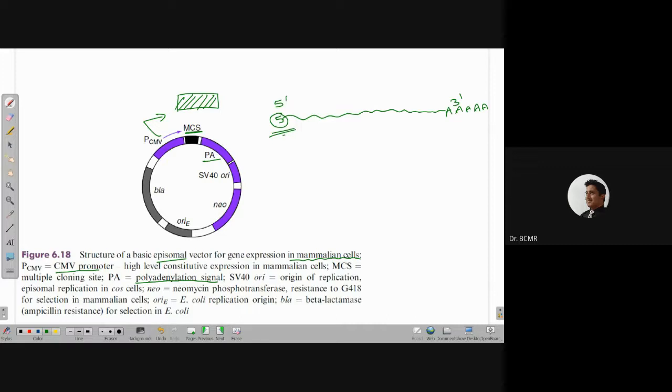If it is not there, translational initiation may not happen properly. And you also have the poly A tail, which, at least by one model, allows the circularization of the mRNA with the G cap like this, and translation keeps on happening. When the ribosome comes here, it will dissociate and reform,